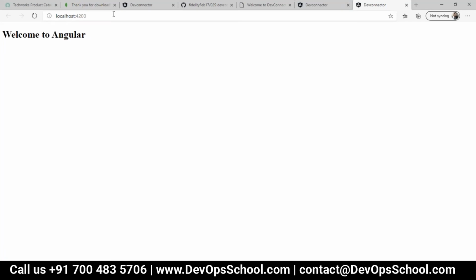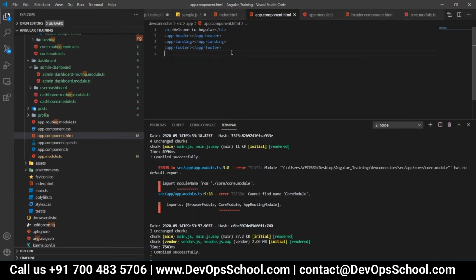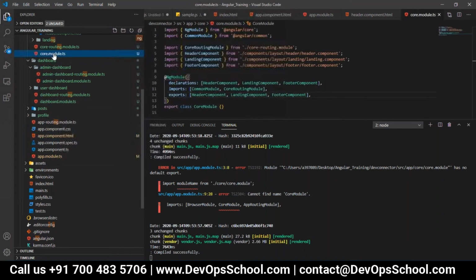Open your app.component.html file. Open your core.module.ts. Have you done the exports? Exports, you have done it.